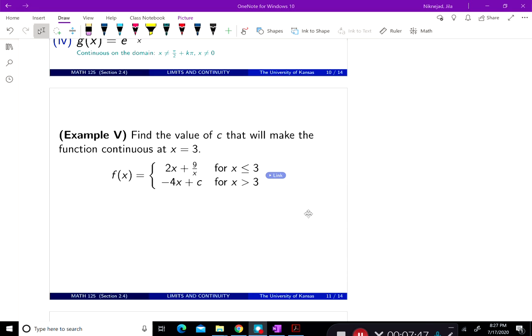Find the value of c that will make the function continuous at x equal to 3. So just looking at this, c is a constant, right? Looking at this function, one piece of this piecewise defined function is a linear function. The other piece is a rational function. And rational functions are continuous on their domain,